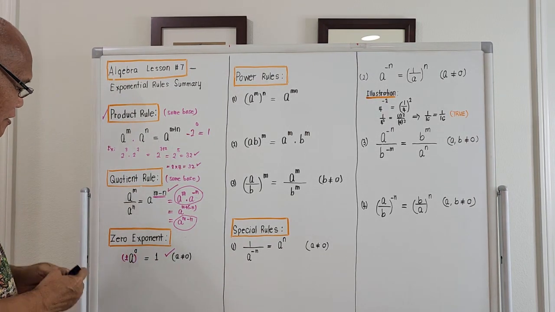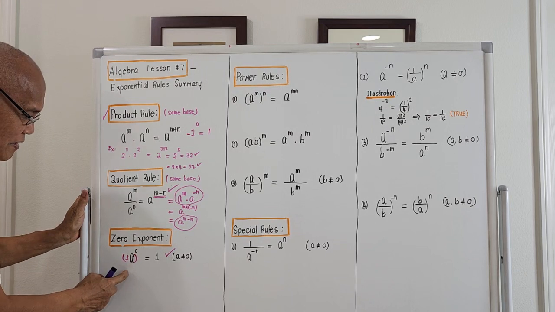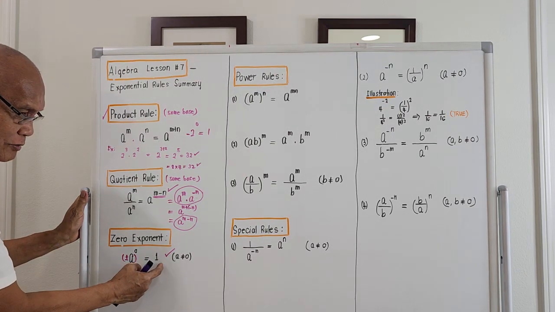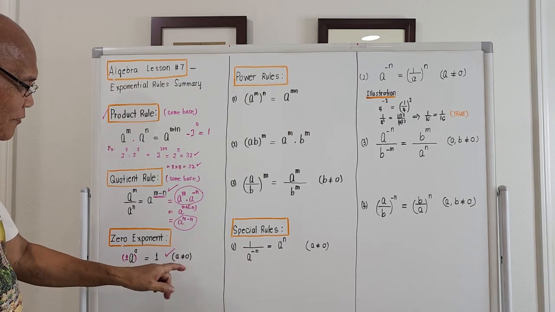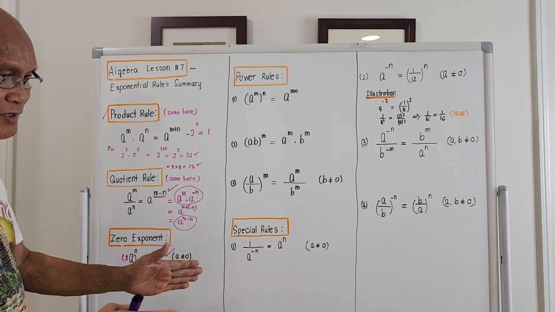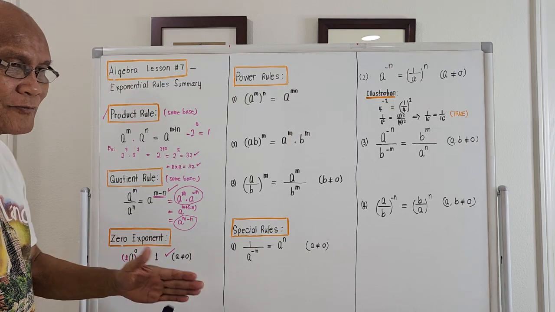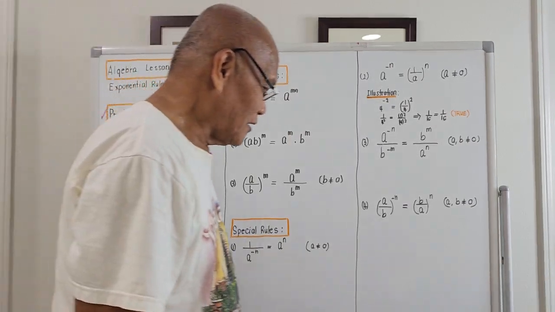Either a plus or minus a raised to the 0 power should be equal to 1, but a should not be equal to 0, because that's indeterminate. We could not determine that one. Okay, under the power rules,